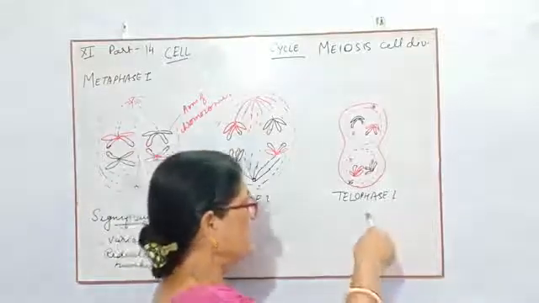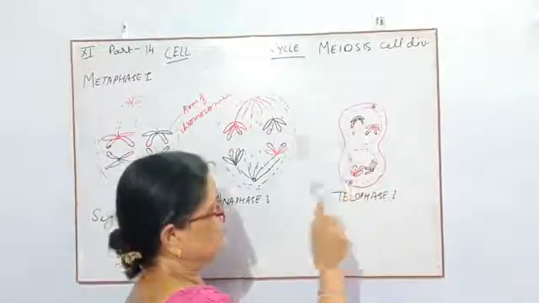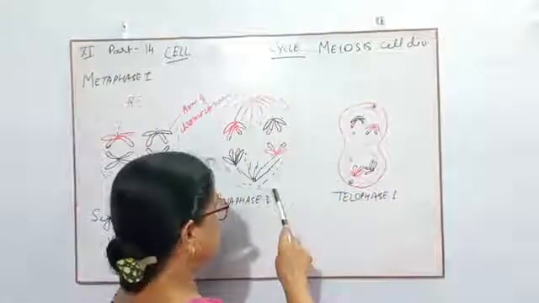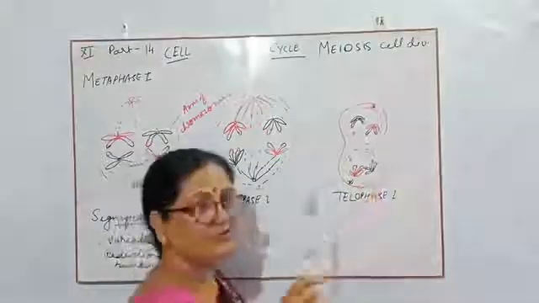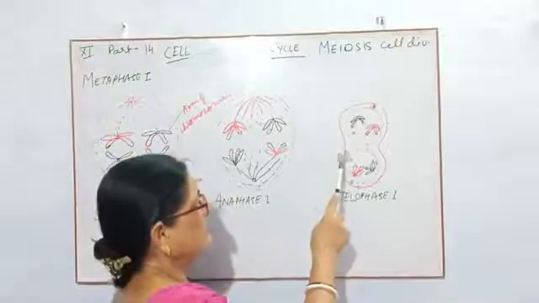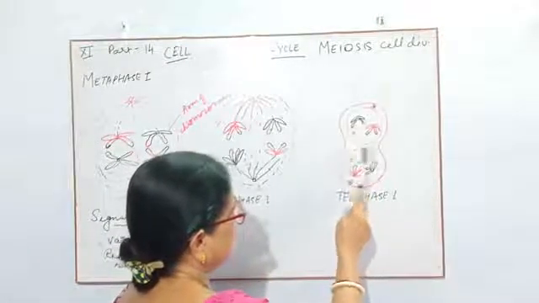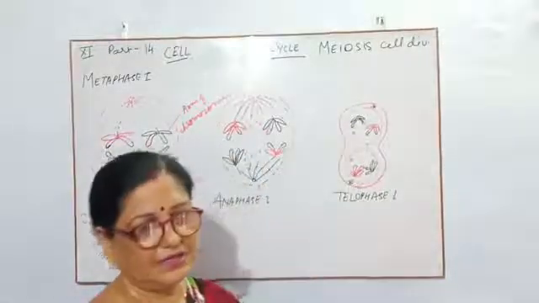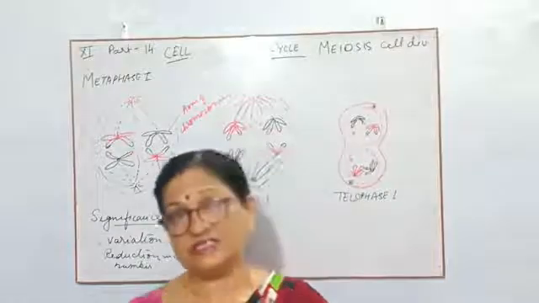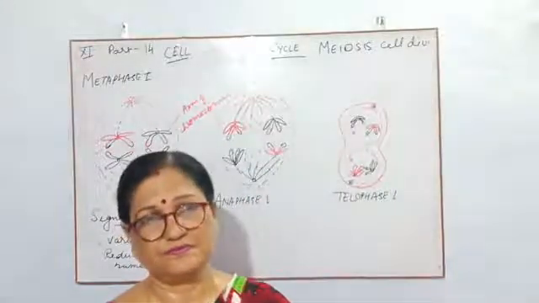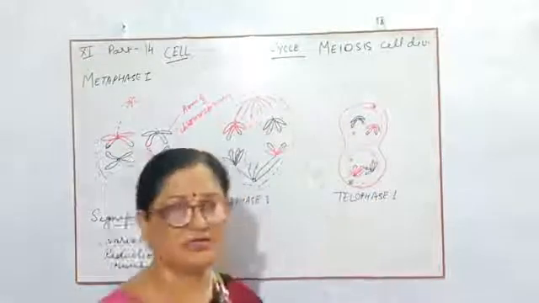In this telophase 1, they start dividing their cytoplasm. Because this is an animal cell, there will be division of the cytoplasm in the furrow form. They start to constrict, and then slowly the cell becomes divided properly. But in some cases, it is not necessary to divide the cytoplasm. So here they finish telophase 1.